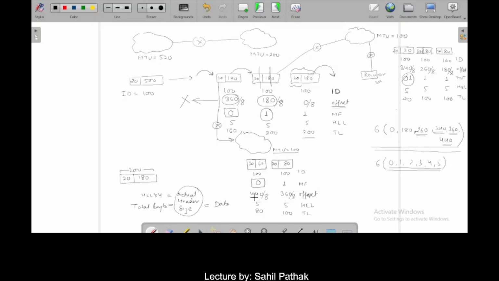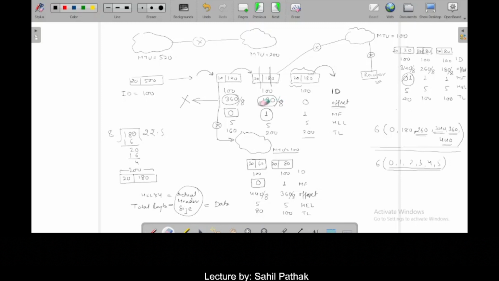Now you can see that 0 divided by 8 is 0, so I am writing offset value 0. Now 180 divided by 8 is,